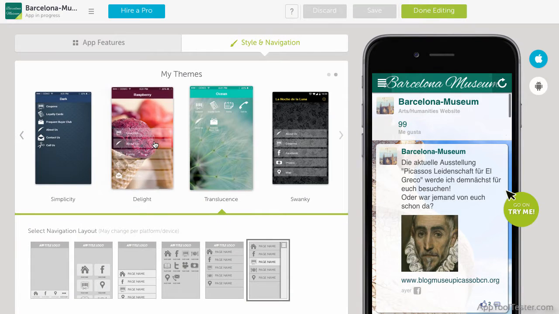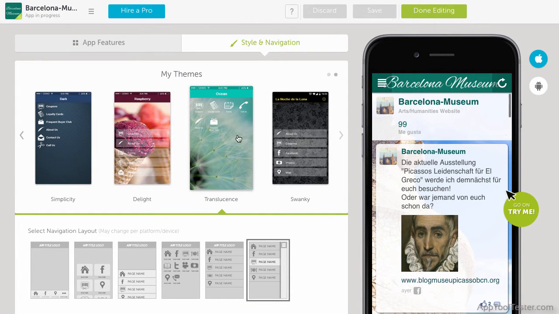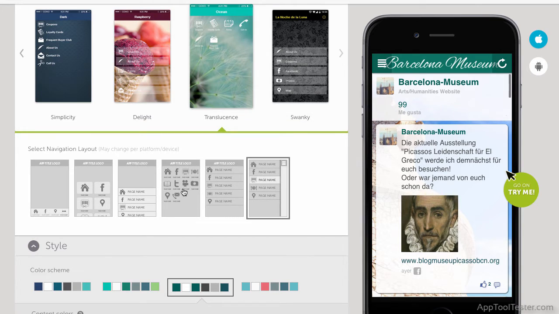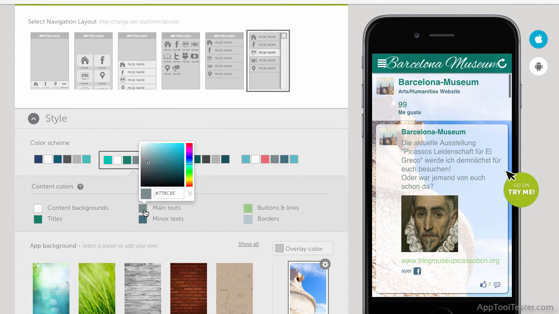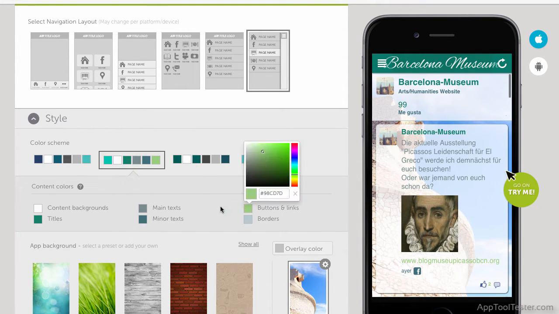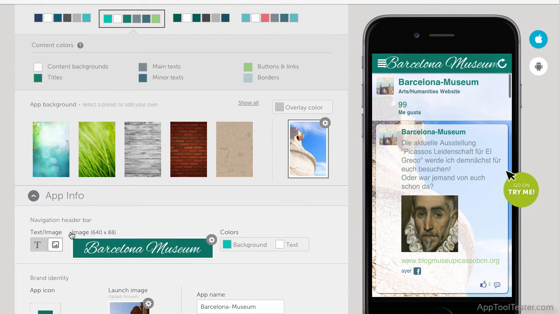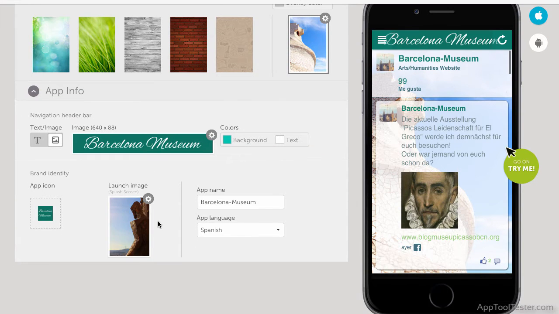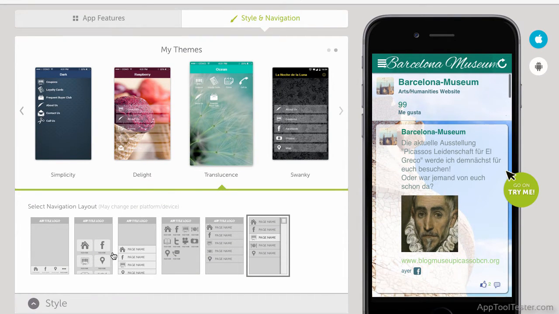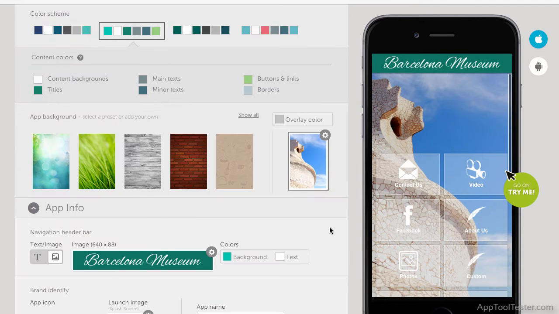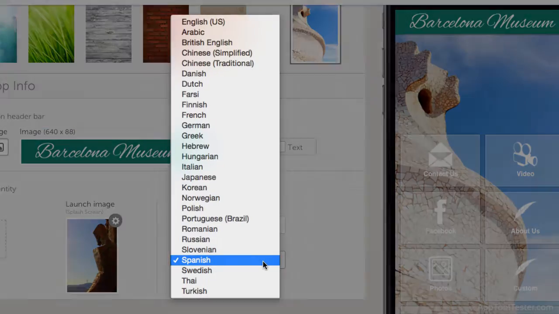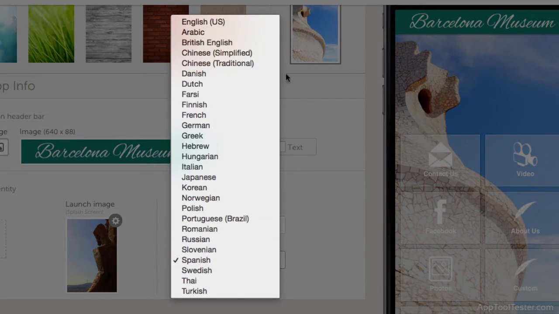Once you're in the editor's dashboard, you can choose a theme that you like, as well as a navigation layout. Each theme comes with a choice of color schemes, which is a nice touch, but even if you're not happy with the choice, you can customize them all yourself. You can then choose a background image and add your app icon. Also, if you decide to change your design at any time, you can do so easily without losing data. A good thing to note here is just how many languages you can choose from for your app language. Como really do offer a lot more than most of their competitors.